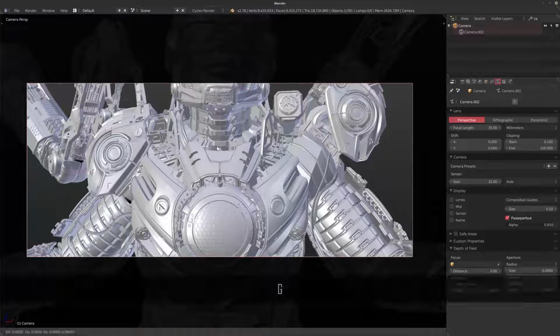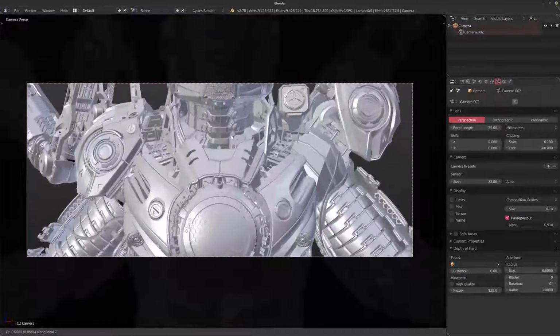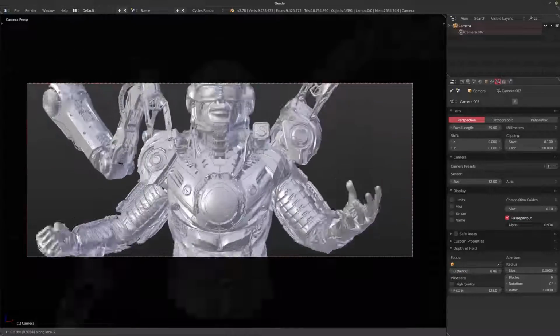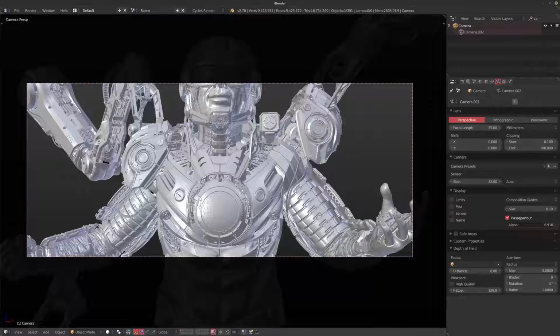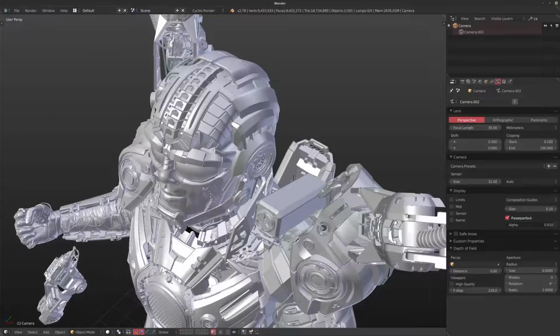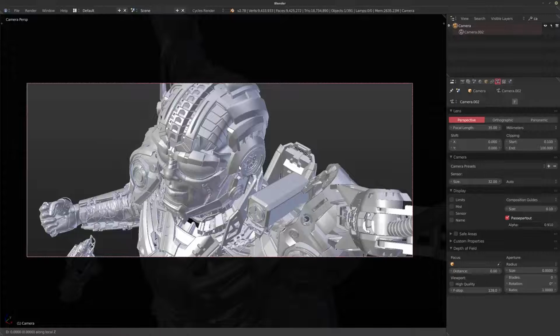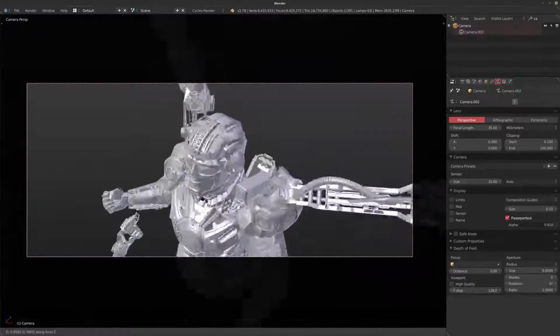So if I hit G and the Z key twice, not the X key, but the Z key twice, then I can move forward and backward quite easy, which means I can dolly the camera in whatever position it's in. So that means, let's say I'm going to go out of my camera here, and I want to position it over here. I can hit Control Alt 0, and my camera's positioned. If I hit G, Z, and Z again to move the camera in its local Z axis, then I can move in and out as well.